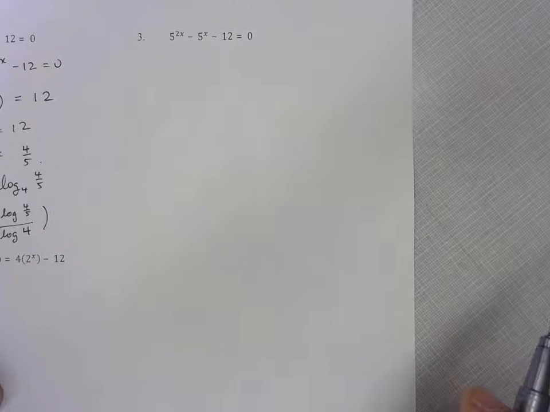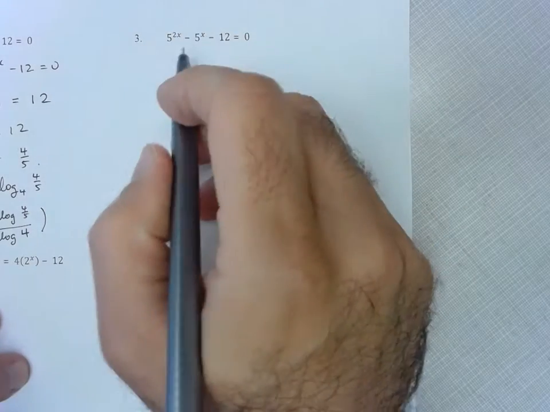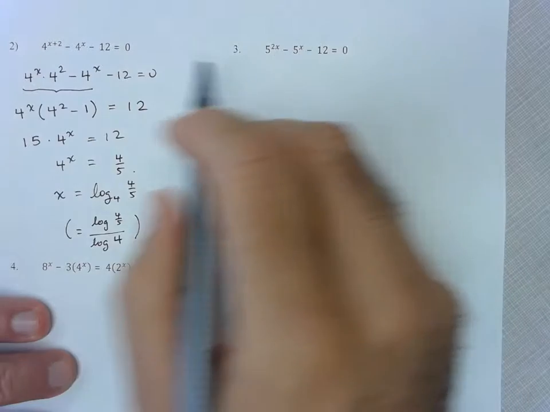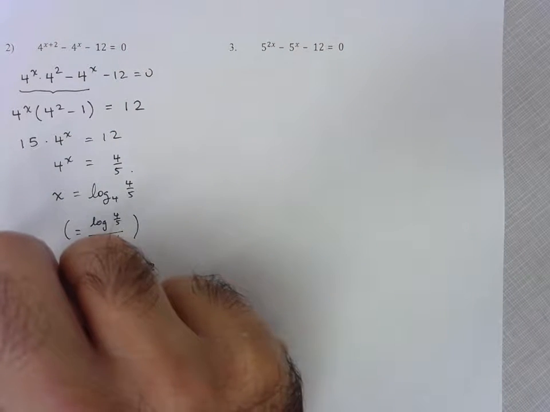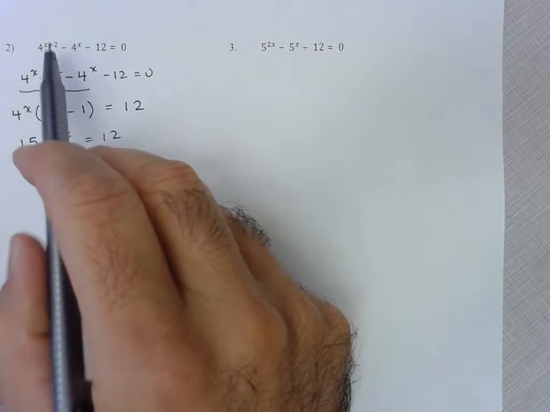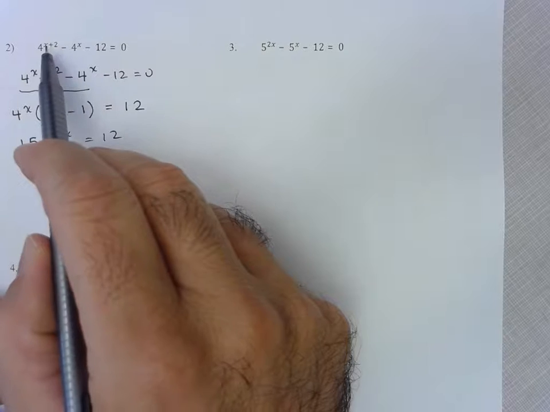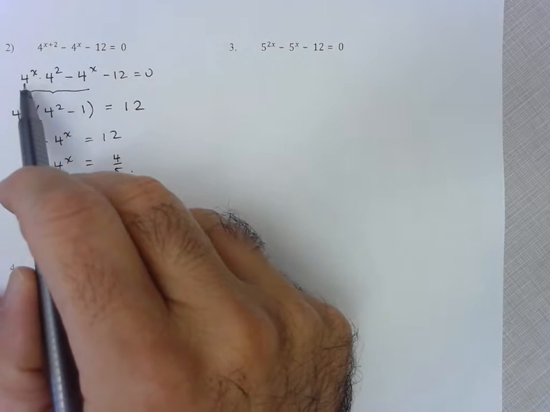All right, folks, we're going to take a look now at a third example of solving an exponential equation. So here we take a look at this example here, and it's actually very similar to the one we solved earlier, okay? The only difference here is I can't use the same exponent law as before, because here I had 4 to a sum. So I was able to use that first exponent law to turn this into a product of two